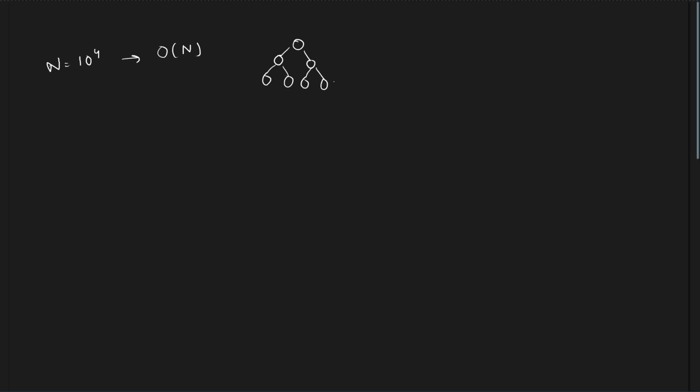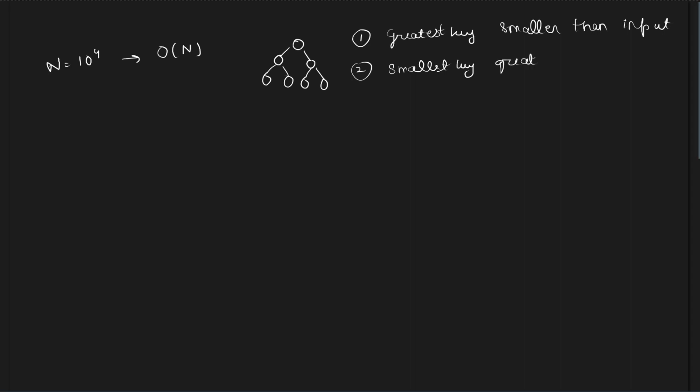So remember, when I was explaining the problem, I used a specific term, that is the greatest key smaller than input, let's say, right? So this would be the in order predecessor, and in order successor would be the smallest key greater than input,